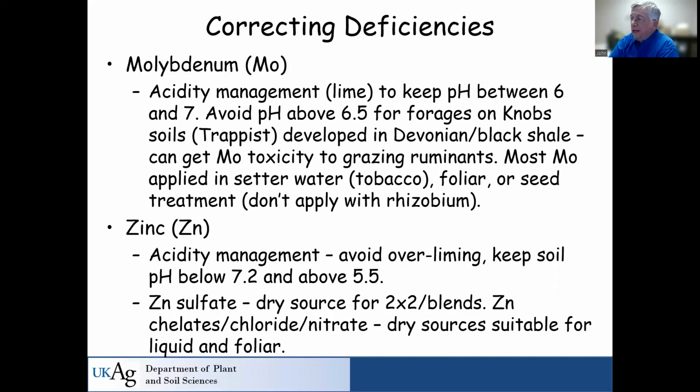Molybdenum, again, needs acidity management to keep the pH between 6 and 7 and avoid a pH above 6.5 for forages on the knob soils, okay? Or you can get molybdenum toxicity. Most moly is applied in setter water for tobacco, and the rest of it is either applied foliarly or as seed treatments. You cannot apply it directly with rhizobium because it kills it. So ammonium and sodium molybdates will kill the